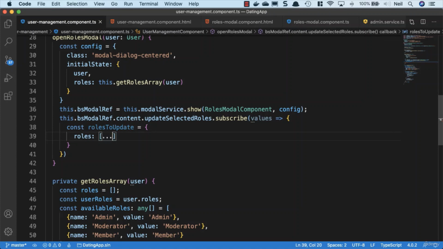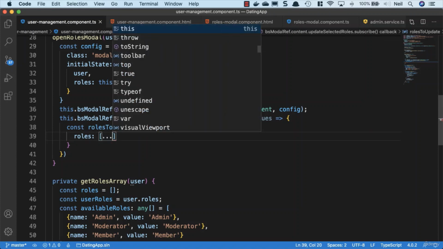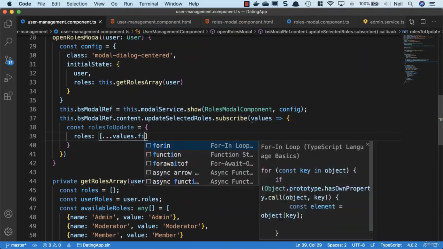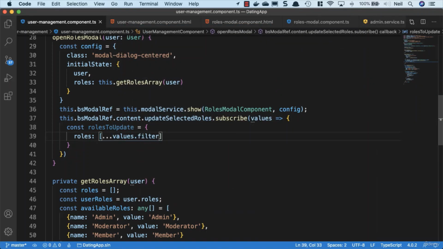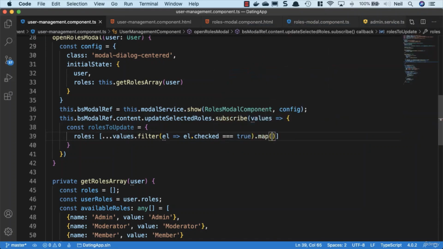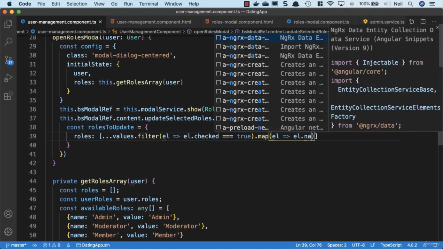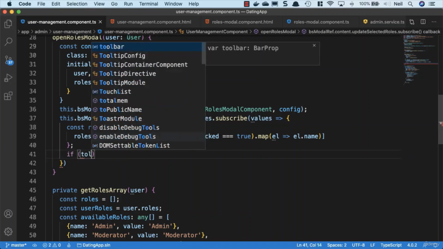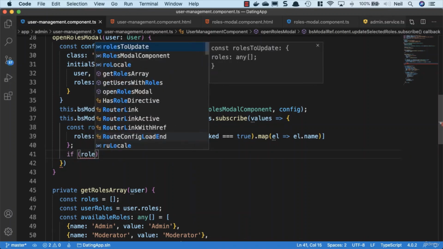So what we'll do is we'll use the spread operator to spread the contents of the values inside here, and then we're going to filter out anything that hasn't been checked. So what we'll do is we'll say el goes to el.checked equals true, and then we're going to map, and we're going to get the elements and the element.name. And then we'll check to make sure that we have something to update. So we'll say if rolesToUpdate,